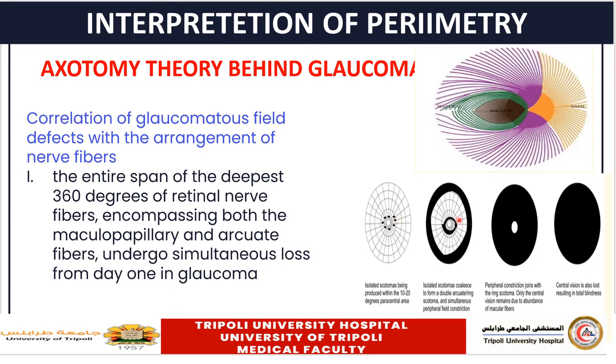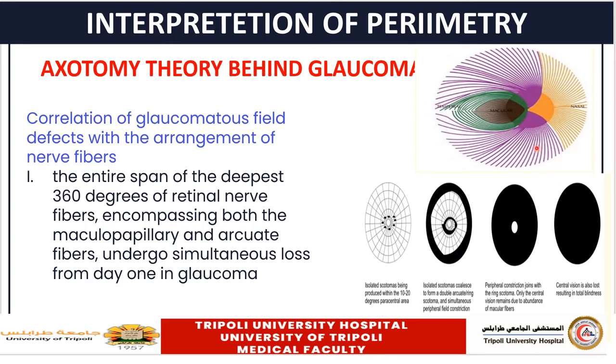Then double arcuate scotomas will form the ring scotoma, and also at the peripheral part you can see that there is generalized constriction. When both of them fuse together they form a tubular visual field, and then the patient will lose his vision. This regular orderly manner of visual field changes can be explained by this theory based on the anatomical distribution of